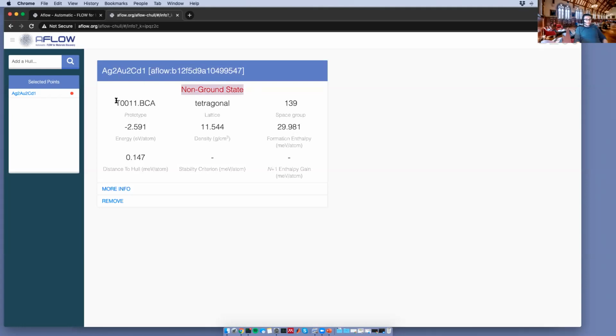We have some information from the database. We have the prototype name designation, the lattice type, the space group, the energy of the system, the density, the formation enthalpy, and the distance to the hull. And then we even have some other properties. Stefano talked about this morning the N+1. I'll talk about what the stability criterion is in a few slides, when we get back to the slides. But this is the N+1 enthalpy gain that Professor Curtarolo was talking about earlier. If we click on more info,